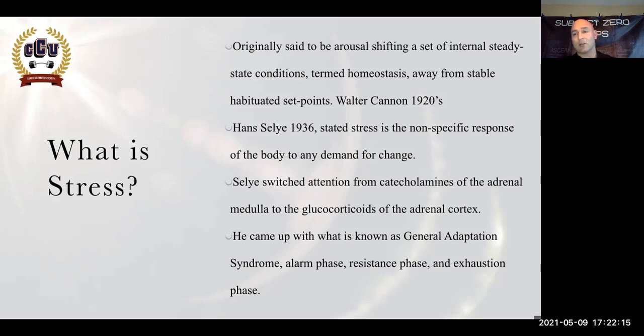General adaptation syndrome was built for biological changes within the body. So, innocuous environments that can create death. Last time I checked, no one's dying from training, especially no powerlifters. But it does present this nice curve for the alarm phase, which brings you down. Then you have this resistance phase. And then you have, if you resist for too long, then you have exhaustion, which results in death.